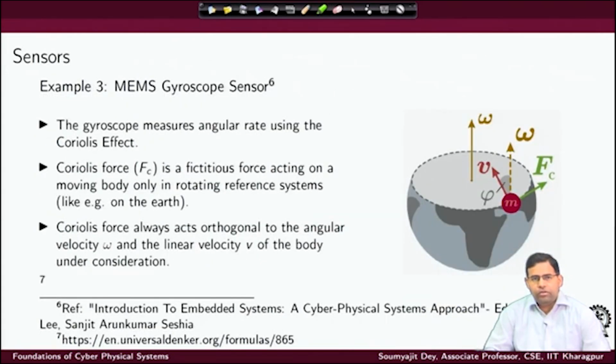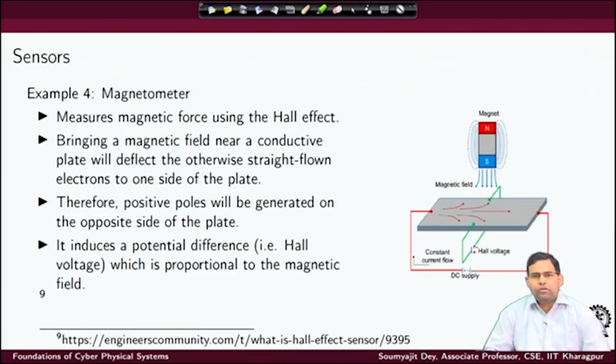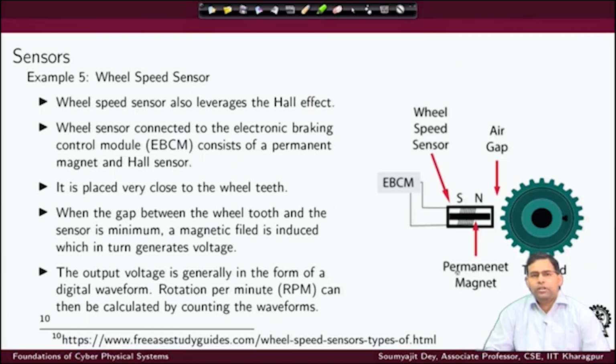And then we talked about gyroscopes and the principle on which the gyroscope acts, and how gyroscopes can be used to measure rotation around some specific axis, and having multiple gyroscopes can give you values of rotation across multiple such axes, right. And then we also talked about the magnetometer, using which you can actually measure the Hall voltage value, and we talked about how this principle is very useful in a very important application, which is when your vehicle is being driven, how to get an estimate of the actual speed, right. So, that is measured using these wheel speed sensors.